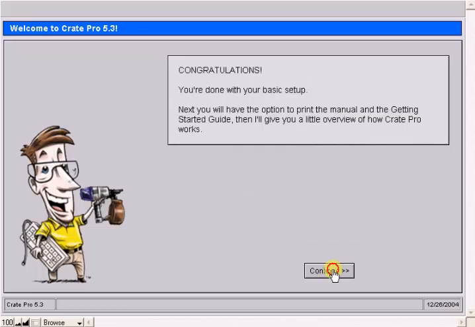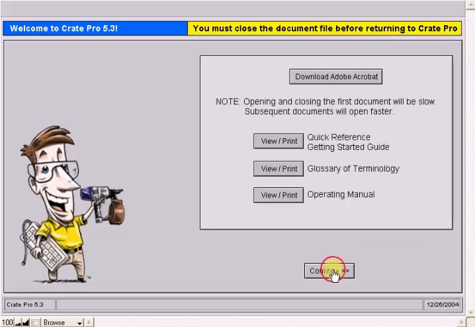That's it. Your basic setup of CratePro is complete. And you'll have the option to print out some of CratePro's documentation. These are in PDF format and can be accessed later from the help file, and the documentation is also available on our website,